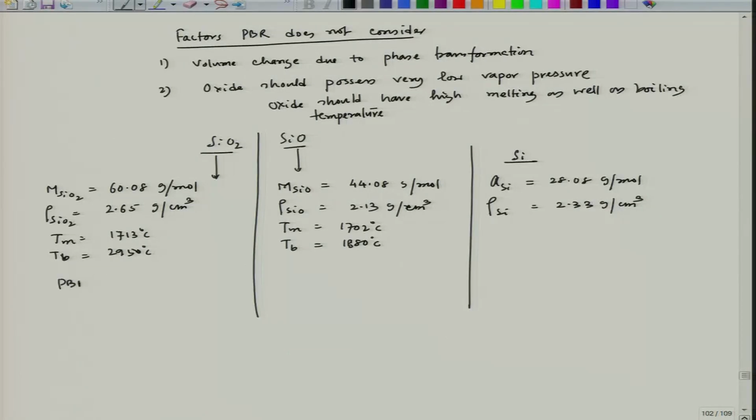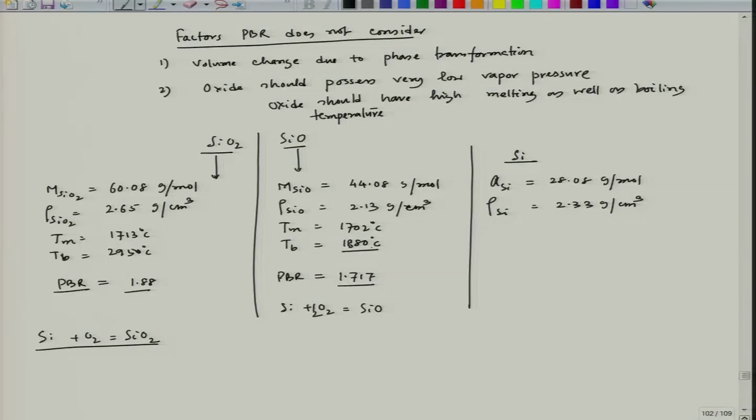So, here PBR for the reaction silicon plus O2 equal to SiO2 would be 1.88, and here the PBR for the SiO reaction would be 1.717. So, I could see that the PBR in both the cases is closely lying, but interestingly,